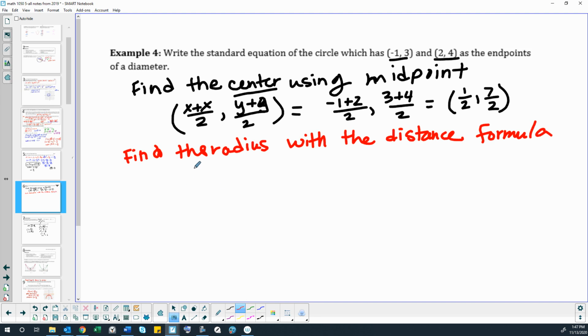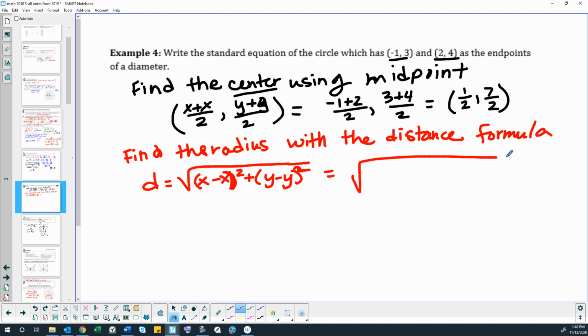All right. So to do the distance formula, the distance between 2 points basically comes from the Pythagorean theorem, just like the circle formula does. So we do the distance between the x values squared, because that gives us one side of a right triangle, and then we do the distance of the y values squared, and that gives us the other side of the triangle, and then we add the squares together and square root it, and that gives us the hypotenuse of the triangle, which is the distance between 2 points. So we're going to go the distance between